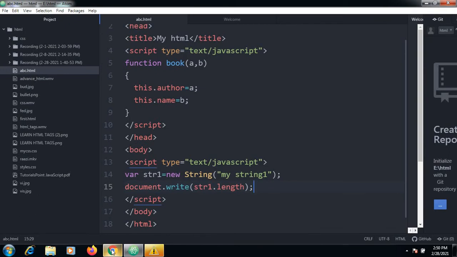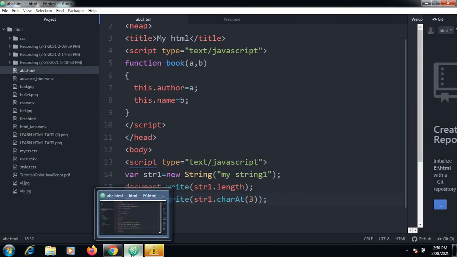So now using the new operator we created the string and we are trying to get the length of the string. Now I want to find the character of the string. Suppose I want to find what is the character that is located at position 3. This is the same thing as in C, and in JavaScript also we have the same thing.